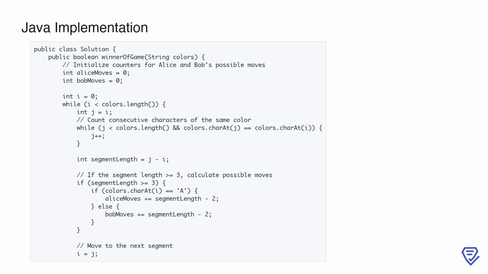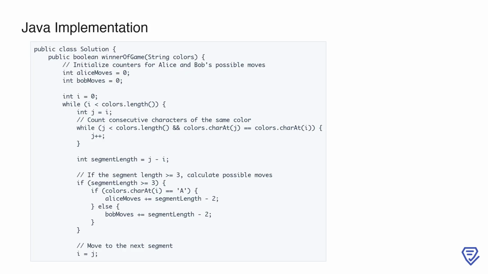This string represents a sequence of colored pieces, where A stands for Alice's pieces and B stands for Bob's pieces. We start by initializing 2 counters, Alice moves and Bob moves, to 0. These will track the number of valid moves each player can make. Next, we use a while loop to iterate through the string. Inside the loop, we initialize a pointer j at the current position i and use another while loop to count